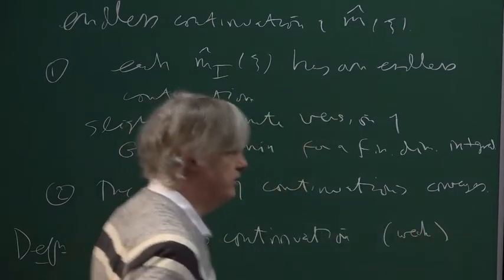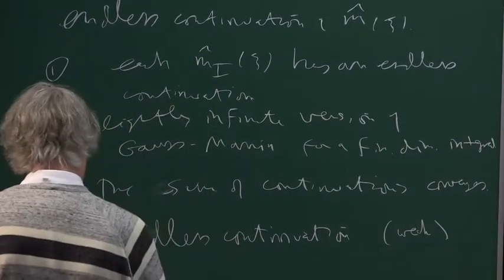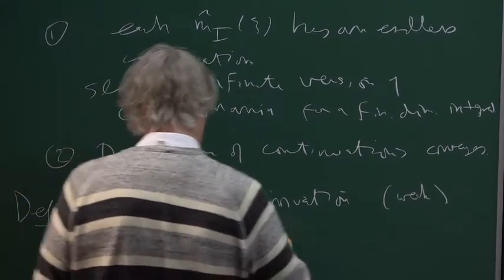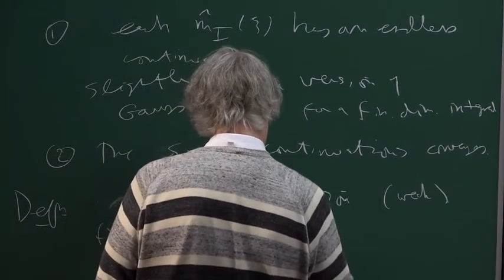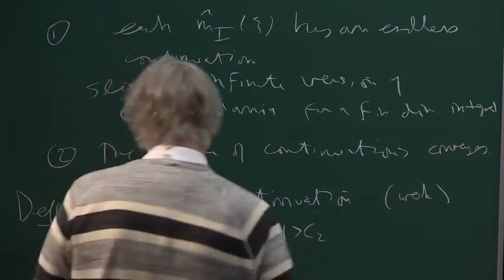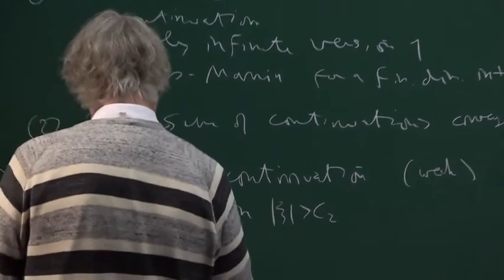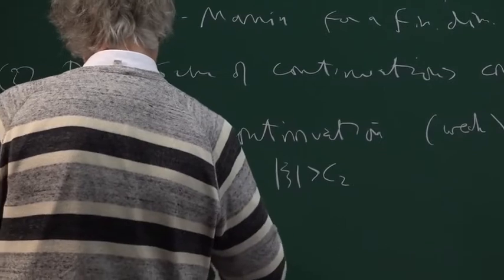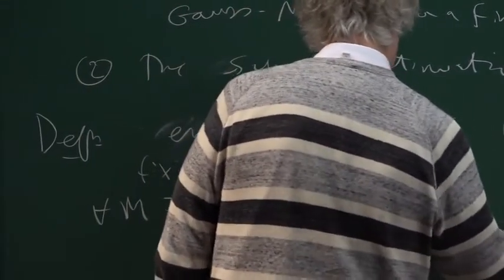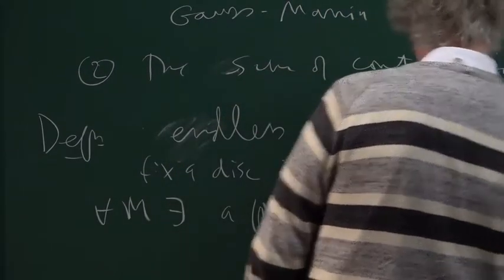Or weak endless continuation. So let's fix a disk where our function is defined. And then it says that for any m, there exists a finite subset S index m inside the C plane, such that for any path